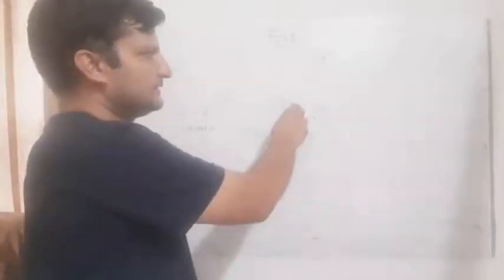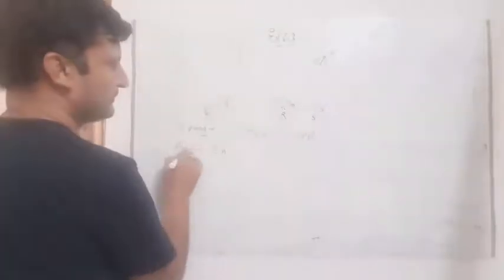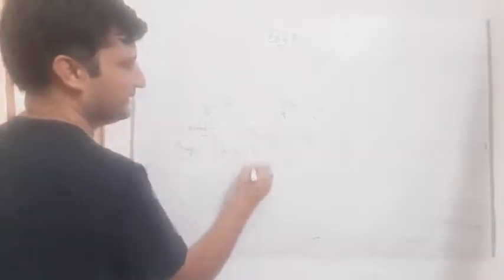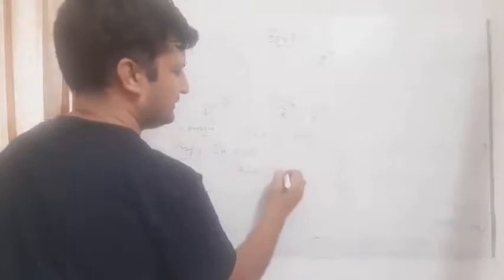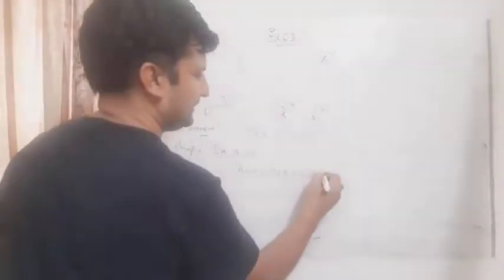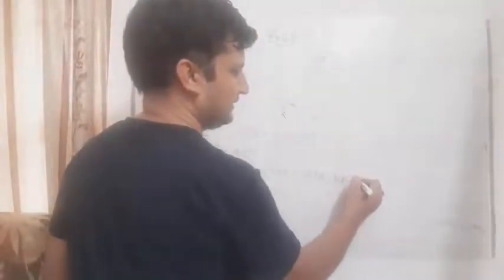First, in this one, this is the exterior angle for this triangle, and for this triangle, this is the exterior angle. So we can take it in the triangle proof. In triangle QPR, now in this triangle, students, what can we say? Look, this is the exterior angle. We can say that angle PRS is equal to angle PQR plus angle QPR. You can say that by the exterior angle property.